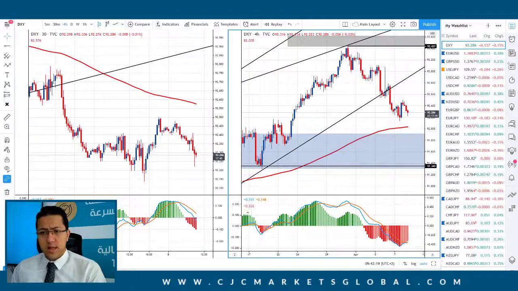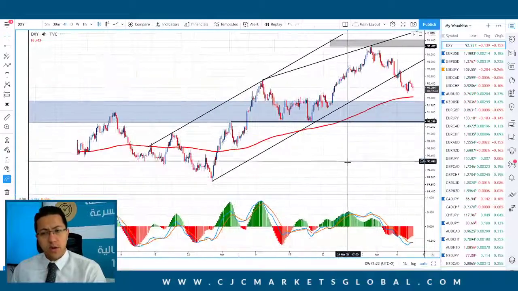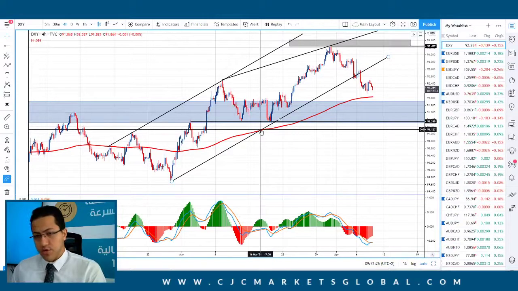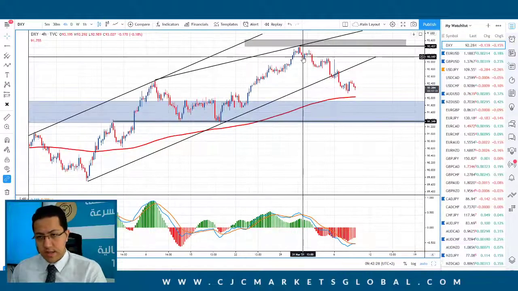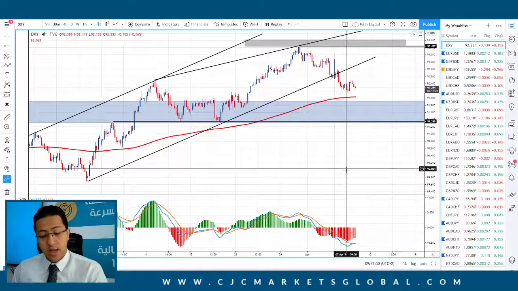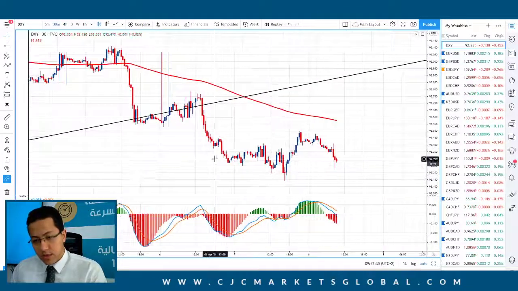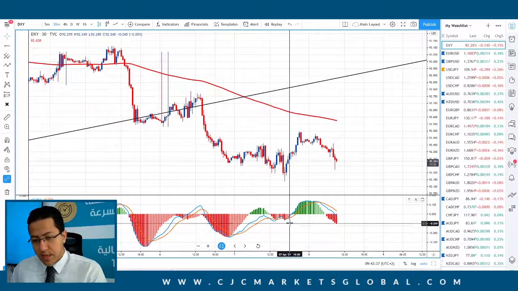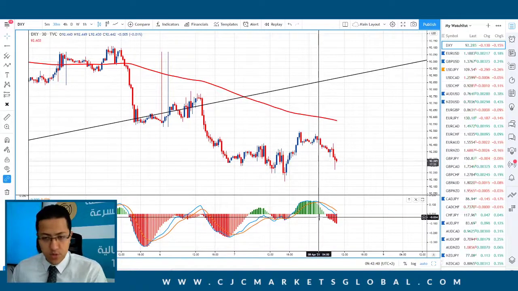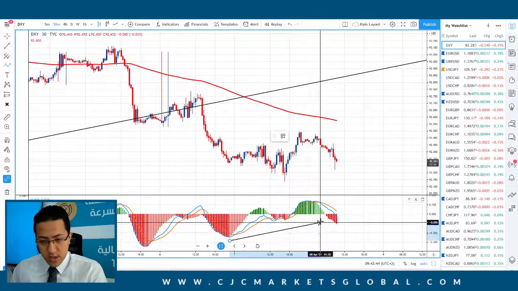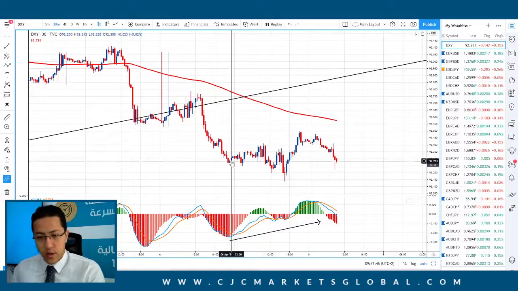Welcome back, everyone, and let's start by having a quick look on the US dollar index, which basically broke below the upward trend line on the 4-hour time frame. It is an extended correction to the downside. On the 30 minutes time frame, we can see that the most recent lower lows is not supported by lower momentum. So what we are having here is some sort of a bullish divergence on the dollar index. It's going down, however the indicator is still going up, which might indicate that this downward move is about to end.